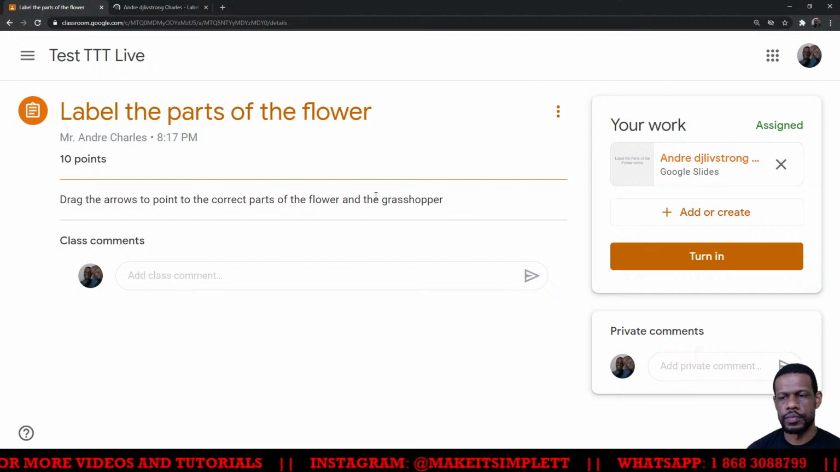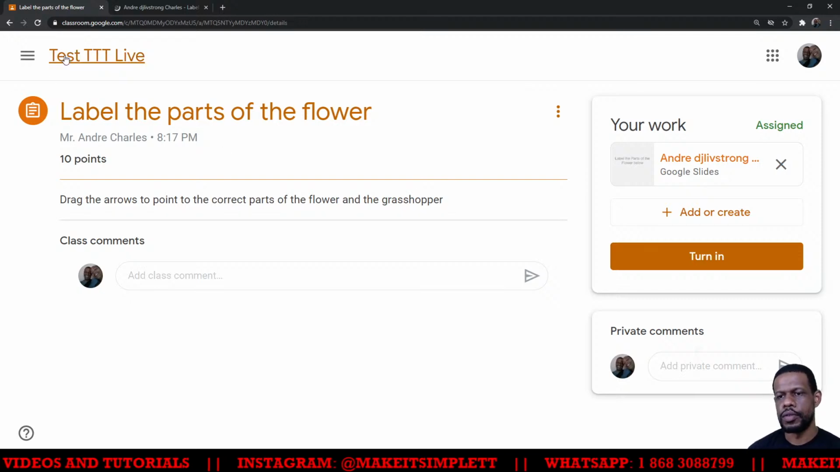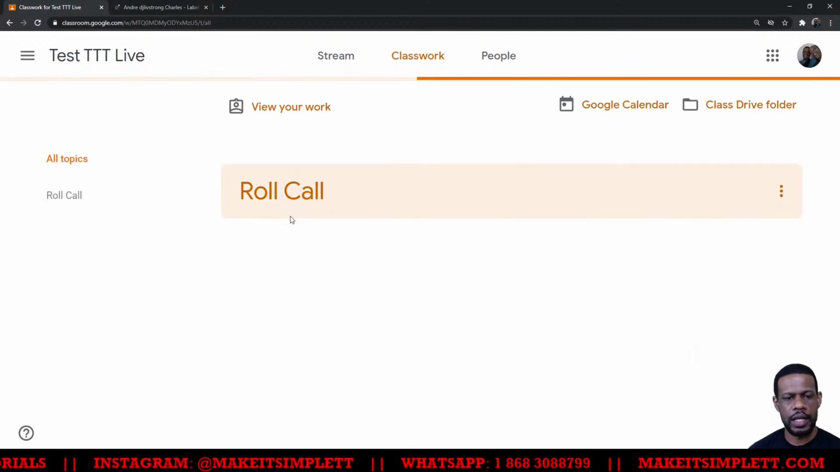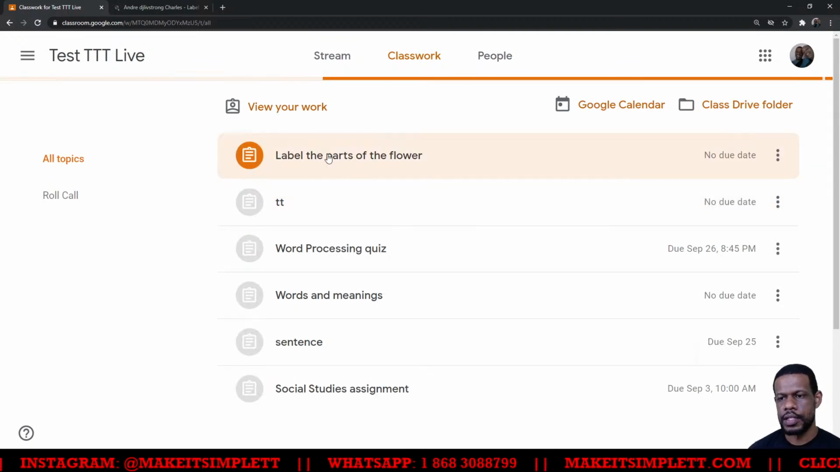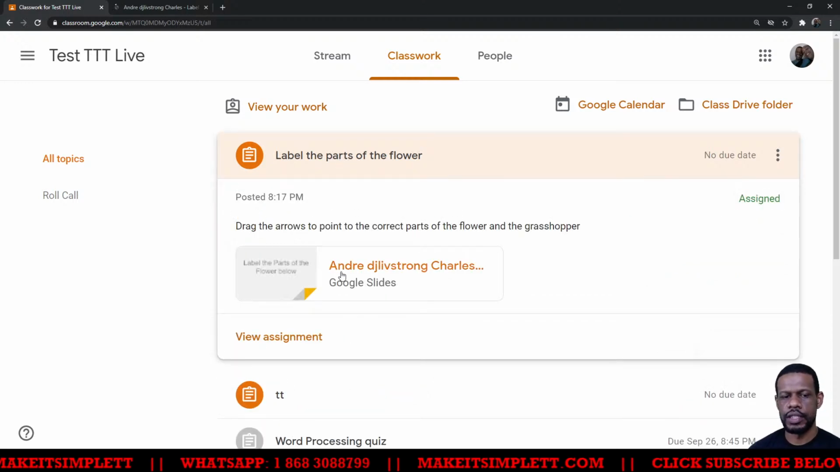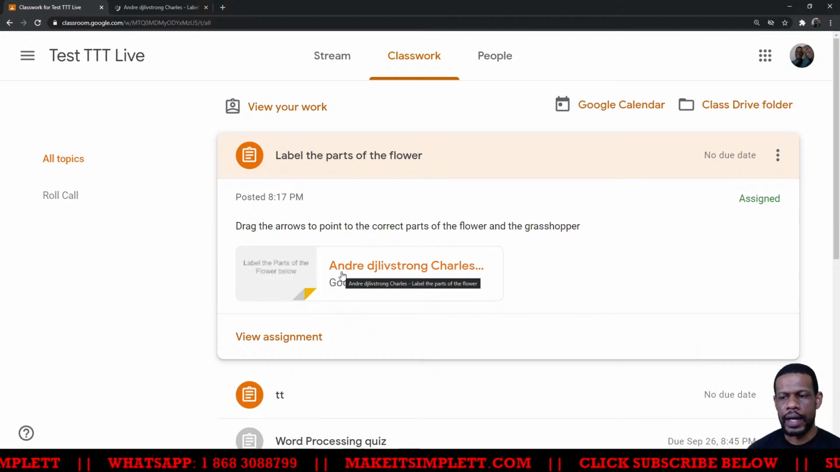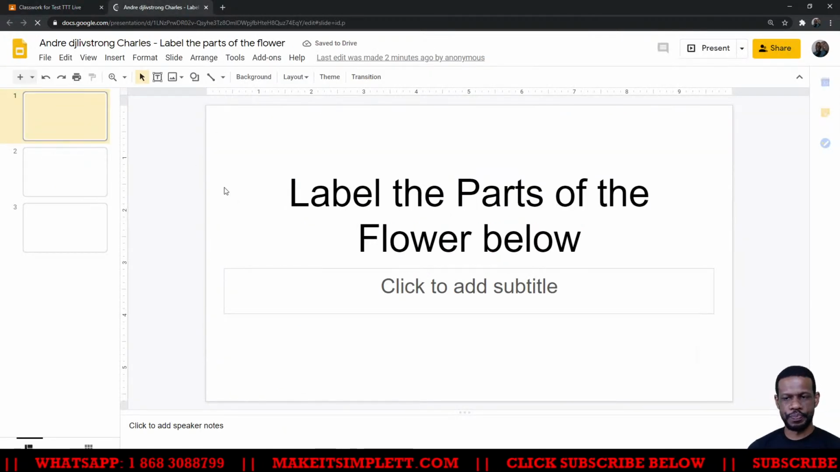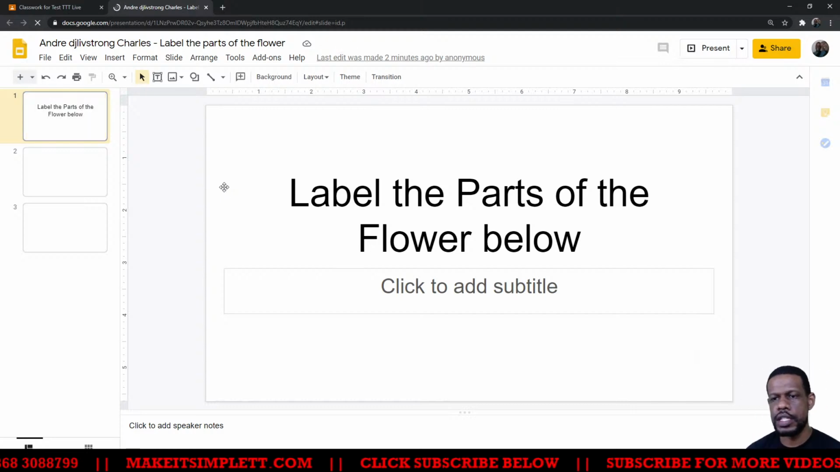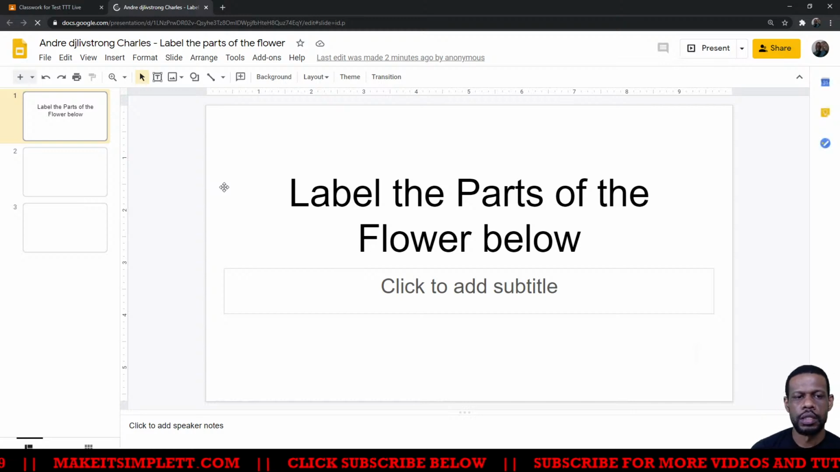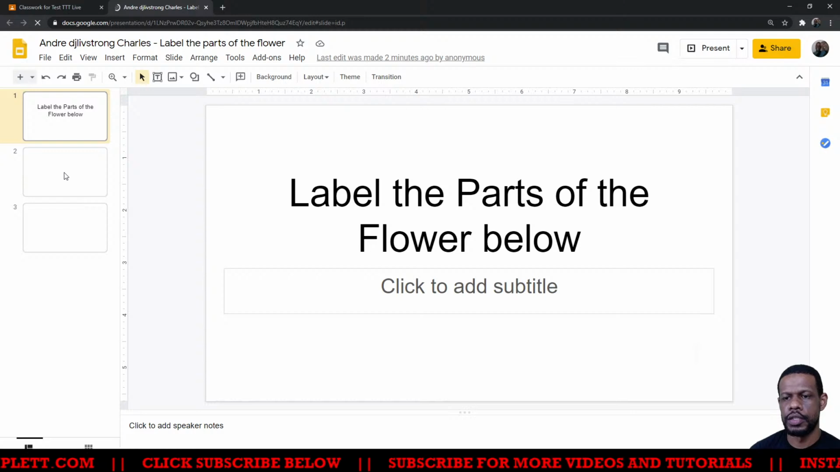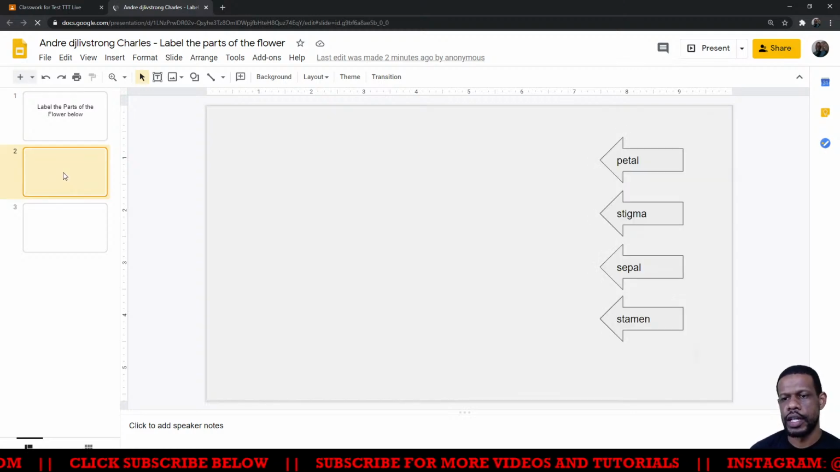So, what I was saying is, when I go to my classwork, I will see the assignments. I'll have label the parts of the flower. So when I click label the parts of the flower, I will see my own to open. And when I click open, it will open up like this, right? So now it's going to say label the parts of the flower, and the student is going to see the pictures come up on the screen, in the slides, right? So I click one slide and